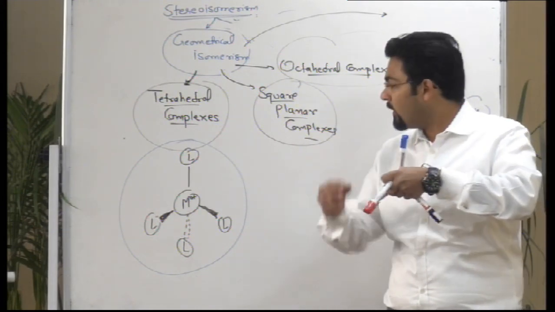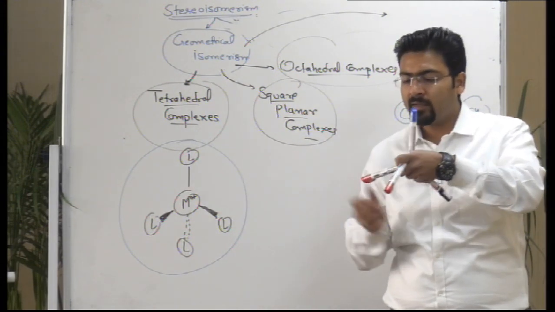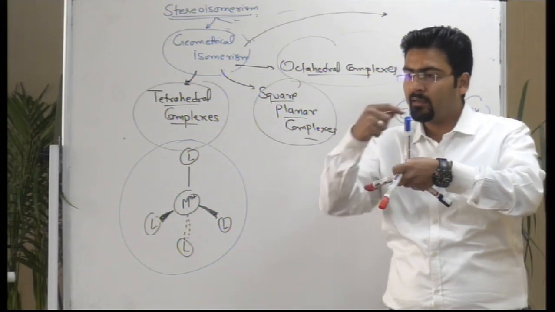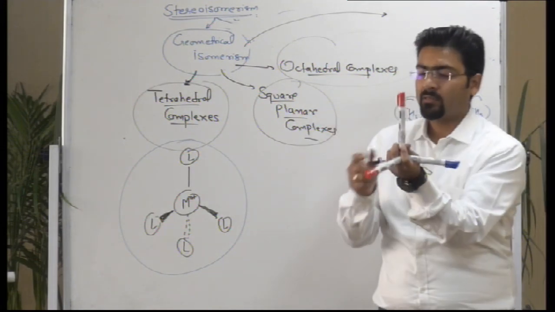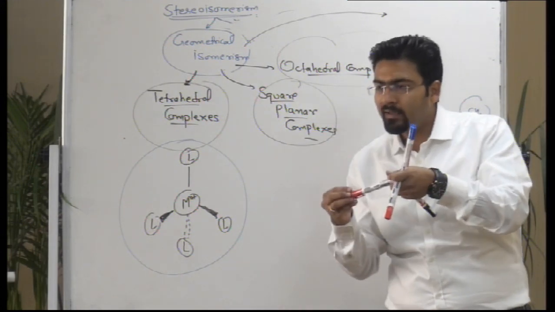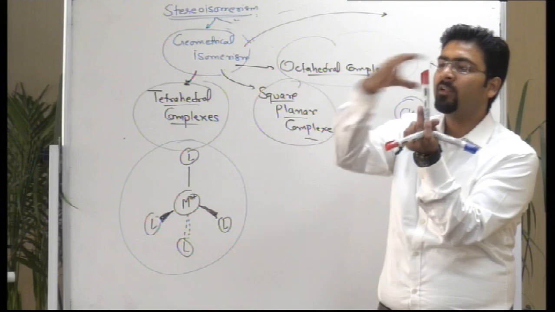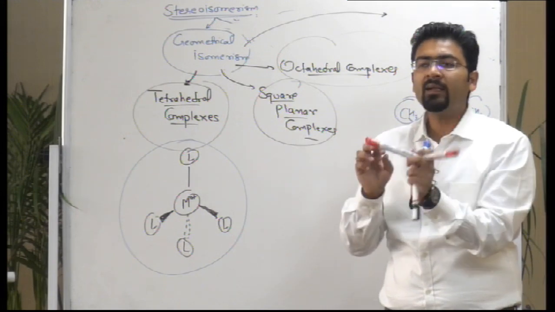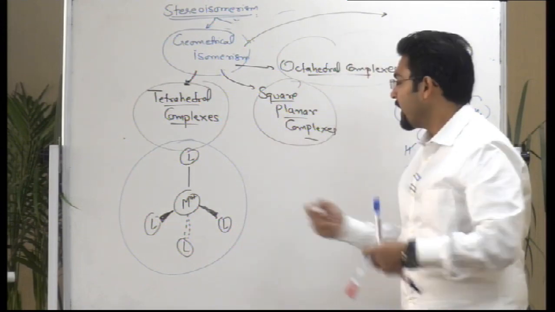Now, if all these 4 ligands are identical and the metal ion is in the center, forming a perfect tetrahedral geometry, then the position of this ligand with that ligand, and of this ligand with the third ligand, and vice versa, if it rotates, will be completely identical. So every ligand is equidistant from the other ligands. जैसे अगर मैं इसको ऐसे रखूंगा, तो ये इन तीनों से बराबर उतना ही डिस्टेंस पे जितना ये इन तीनों से है, जितना ये तीनों से है, and so on. So every ligand is equidistant from all the other ligands. So relative position बदल ही नहीं सकती,